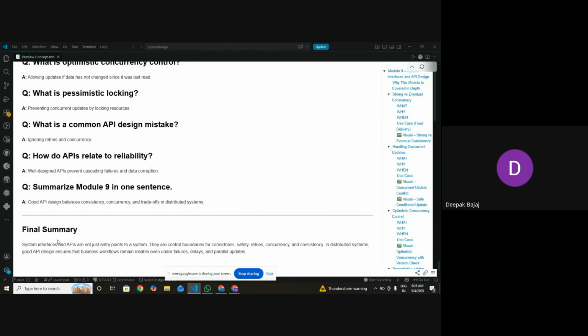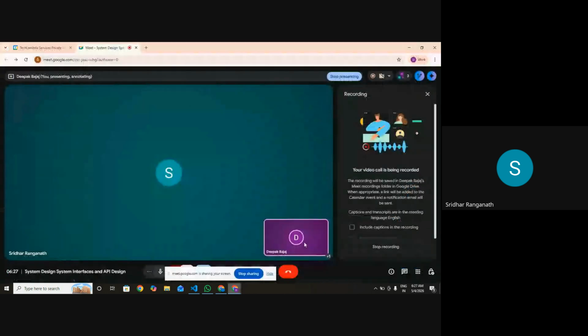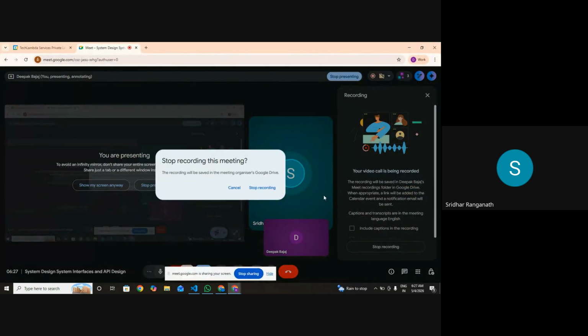One-line summary: system interfaces and APIs are not just entry points to a system, they are control boundaries for correctness, safety, retries, concurrency, and consistency. In a distributed system, good API design ensures that business workflows remain reliable even under failures, delays, and parallel updates. Wow. Okay, right, Deepak. Beautiful. You're trying to shift my thinking. That is beautiful, because I always thought